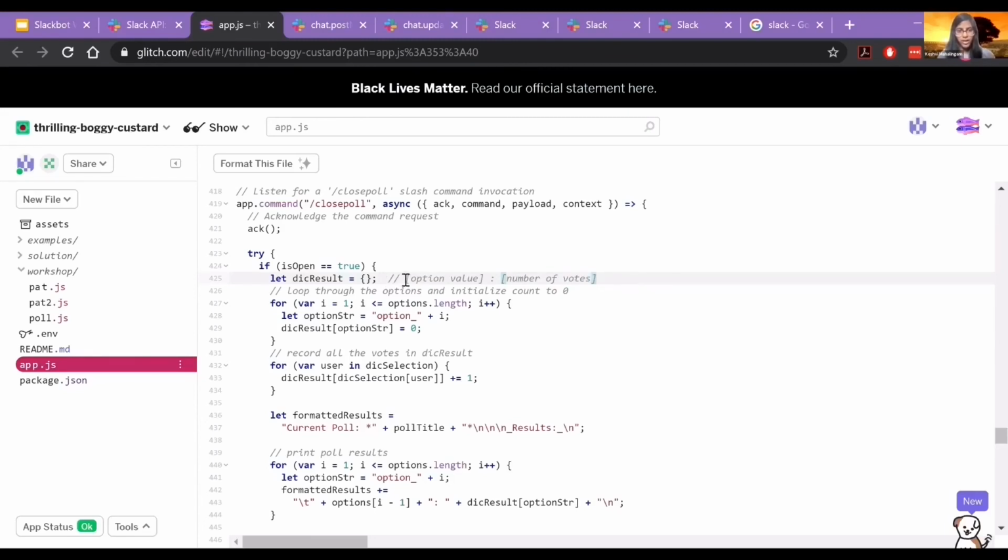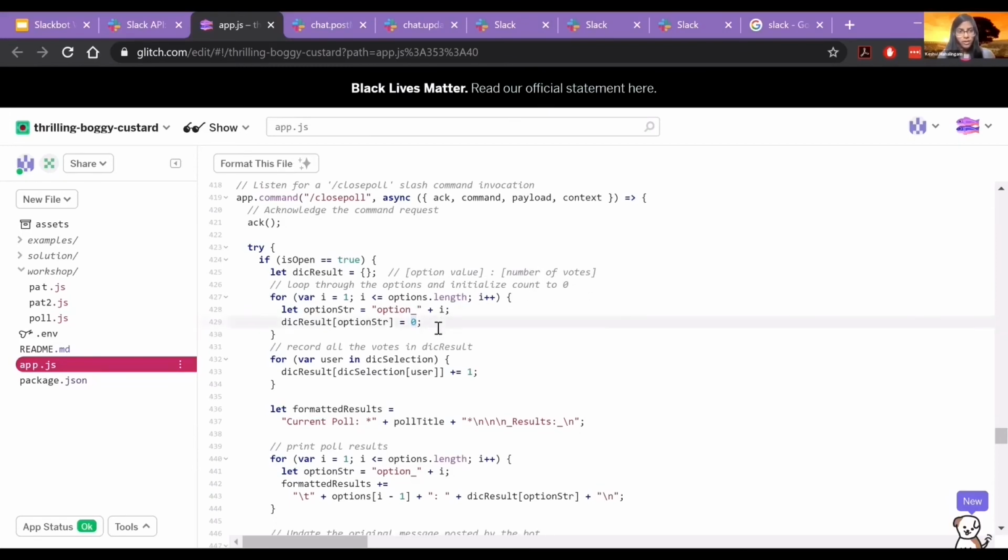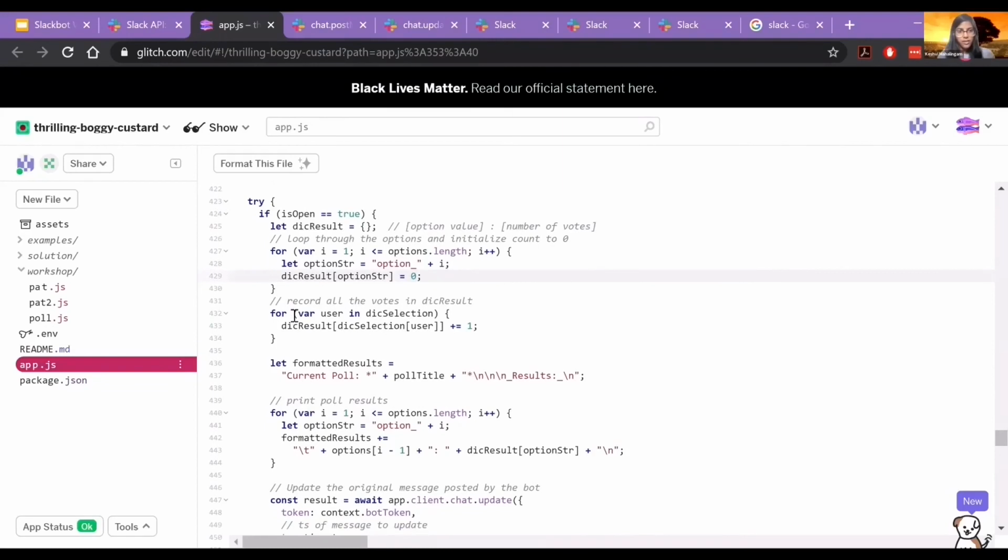Here we're getting the option object values, which are going to act as the index, and then the number of votes. In this array we're creating all the option value indexes ahead of time, and then assigning each option value to 0, so we're setting all the number of votes to 0. And then in this for loop, for every user ID in dictionary selection, we are